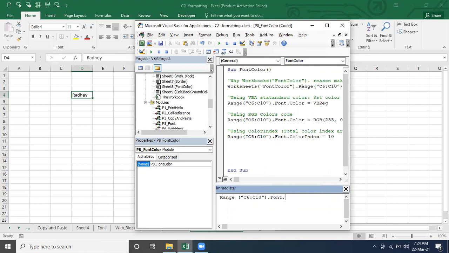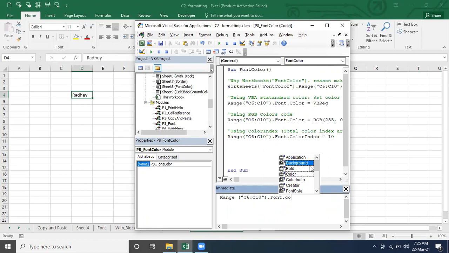Font dot color, font dot background. People think this is the font dot background and that one is going to talk about the color.